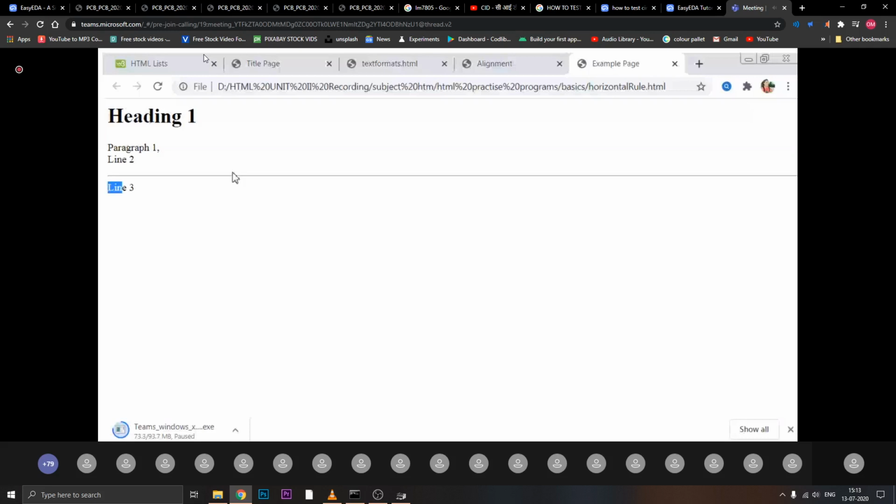So what is the task for the A division? A division students have to list the tags available. Don't go for HTML5 because we will be dealing only with HTML 4.0. Basic tags of HTML, like I have shown you the text formatters P, H1 to H6.